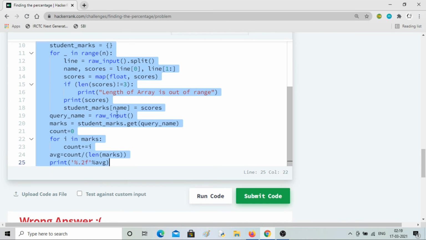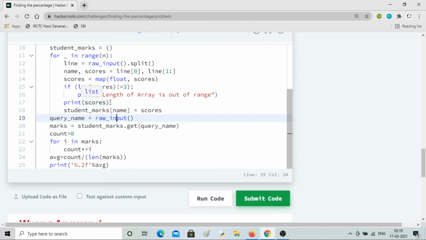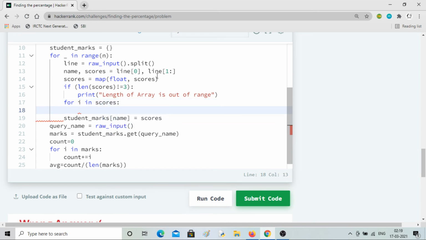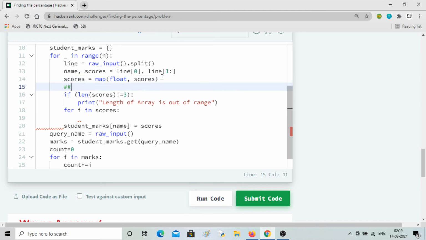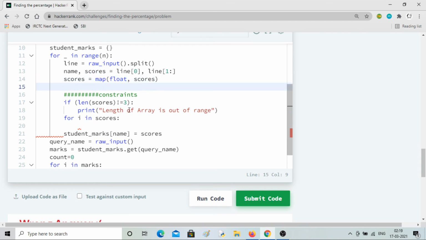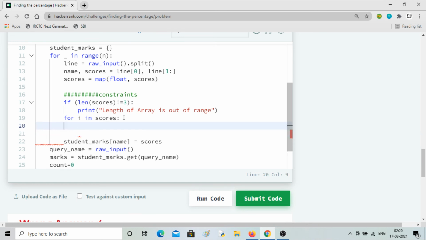So I'll use a for loop here and check each of them. For i in scores. These are constraints, I'll write them separately from the code, just as an alert message.